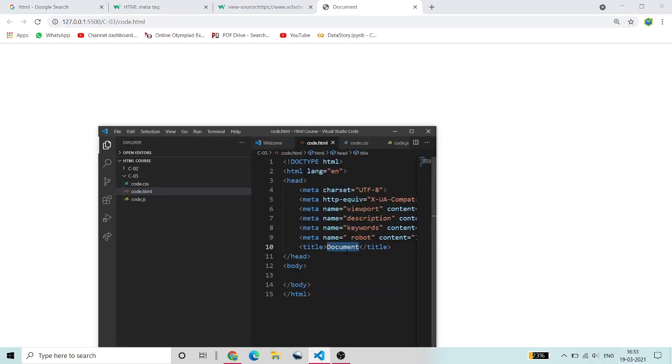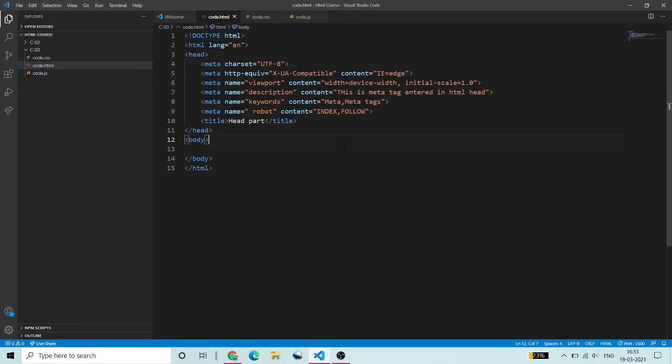So this is our website. The document is the title. I can change the title to head part. You can see it is changed to head part.